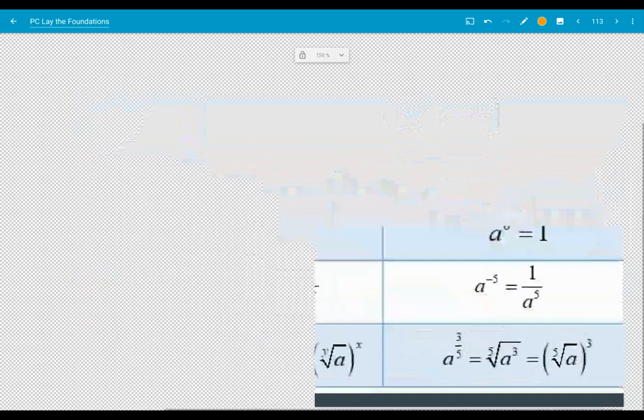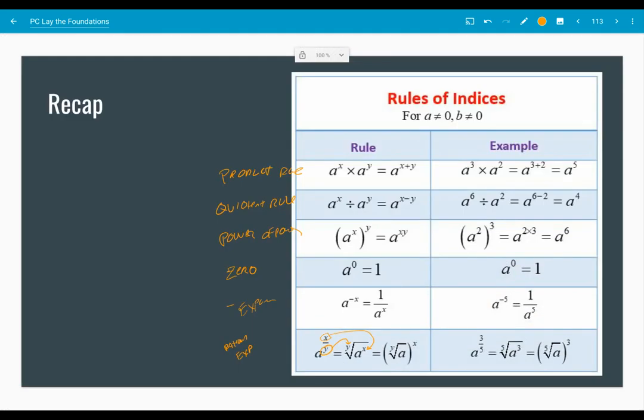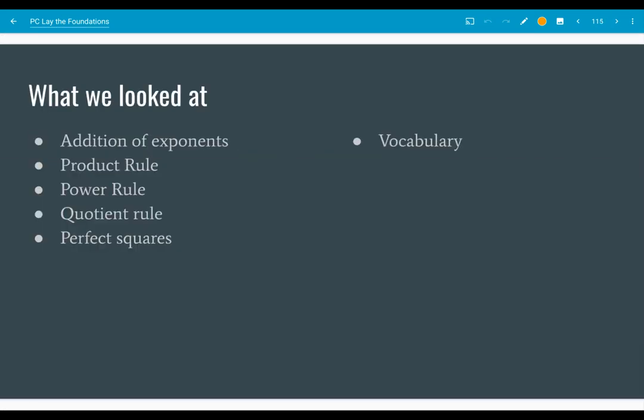So that is your recap of your indice rules. So we looked at the properties of exponents and some specific terms that go along with